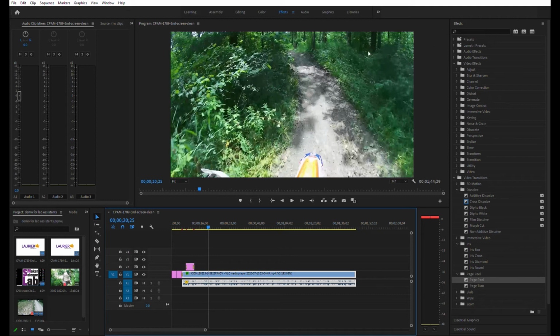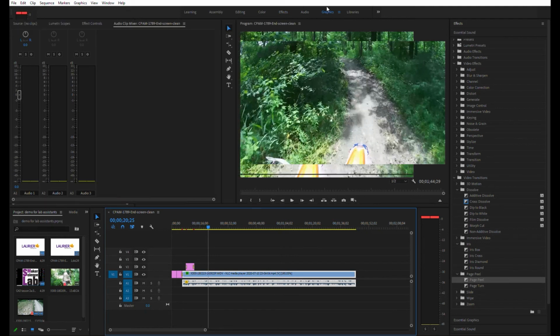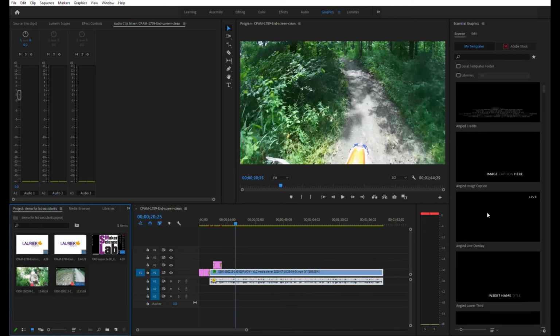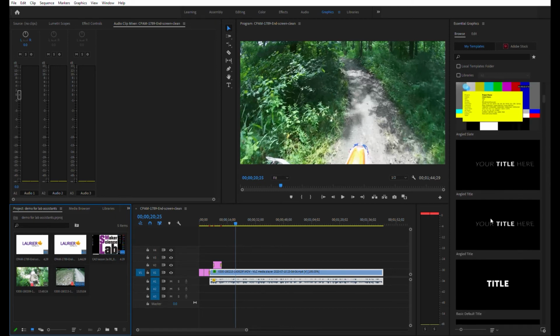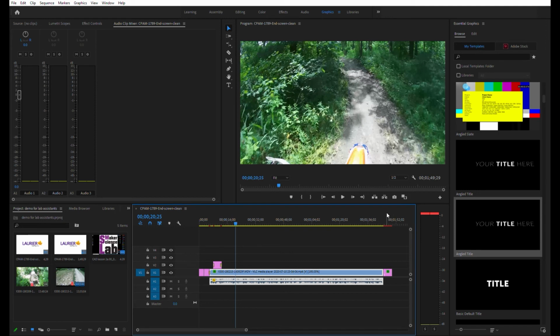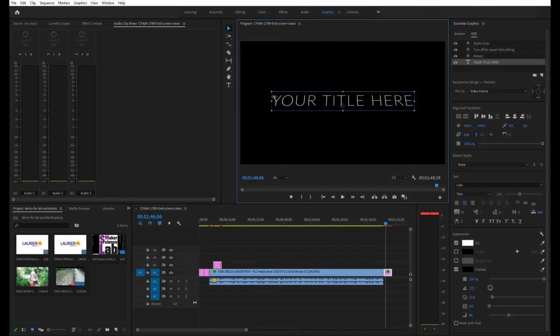And so another thing that we can do is graphics. There's some pre-made graphics. So coming up next, angle coming up next, credits, titles, and these guys are like a pre-made full graphic. So if I drag that into here, right, then I'm going to have to put my timeline into it. Then I can double click, and I'll double click within it, and that allows me to change the title. So I go bye birdie. Okay. And then if I play it,